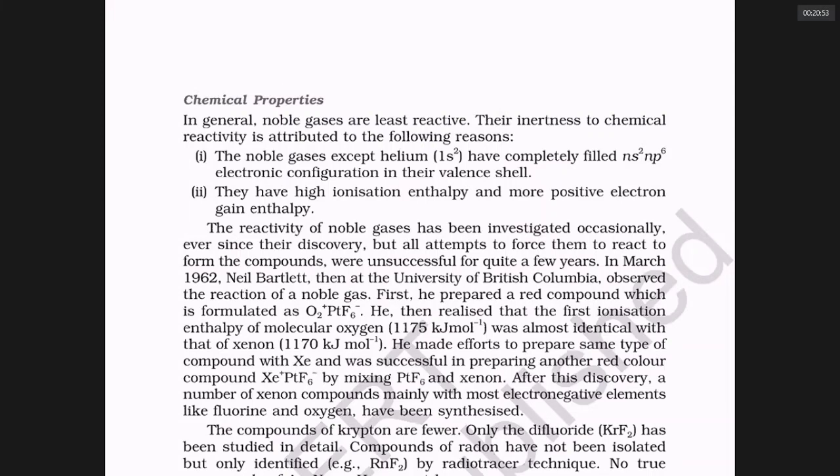Clathrate means cage. Like you put a parrot in a cage, argon atoms are kept in a cage of phenol. But they are not really compounds. There are no chemical bonds in them, just only van der Waals attraction. So, in the year 1962, there is a gentleman called Bartlett. That gentleman was once accidentally preparing a compound of formula O2PtF6, dioxygenyl hexafluoroplatinate.